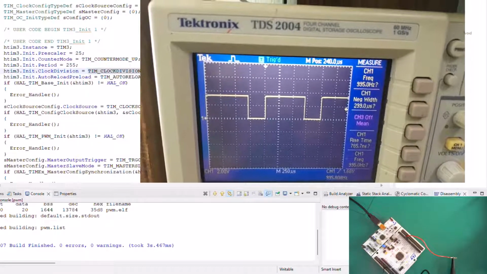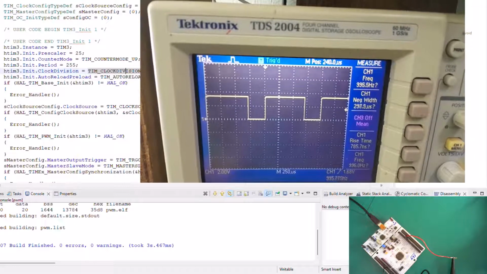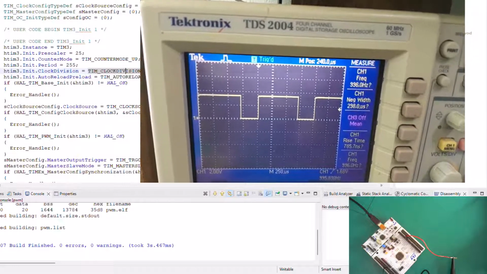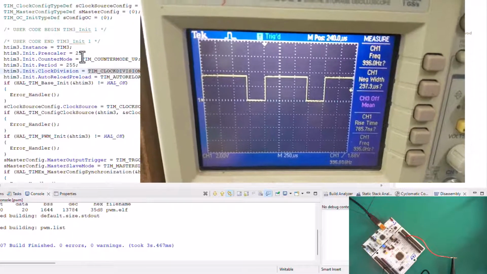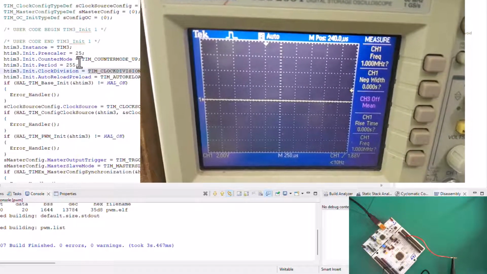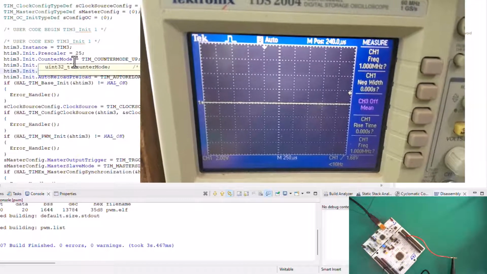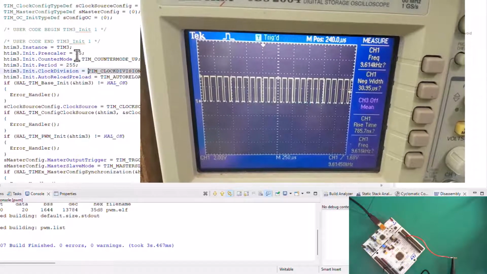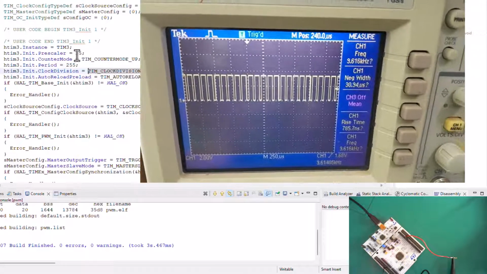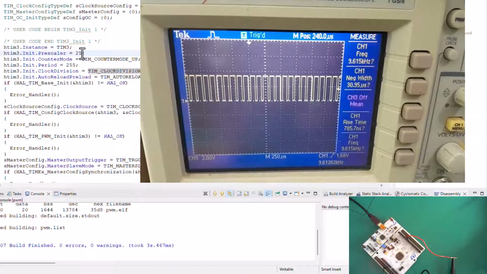But remember, the PWM duty cycle is going to remain the same. We're only going to increase the frequency. So let's observe and see if our frequency is going to increase here. Okay, there we go. Now we can see the frequency has increased. So what are we getting? That's 9.6 kilohertz. So that's basically 10